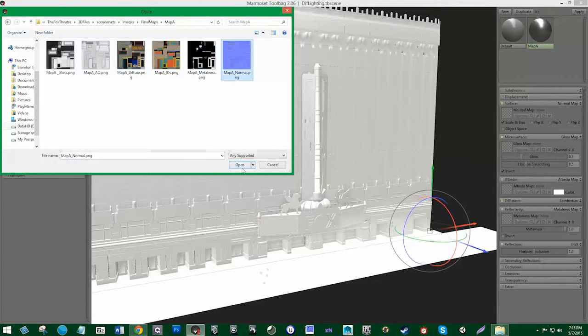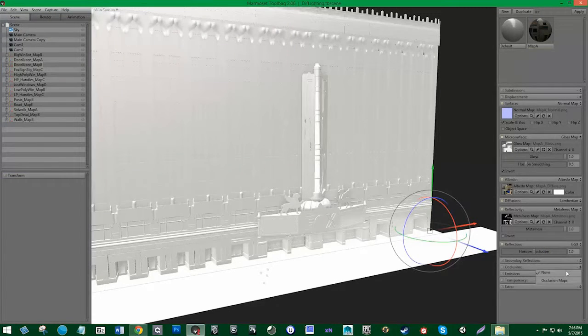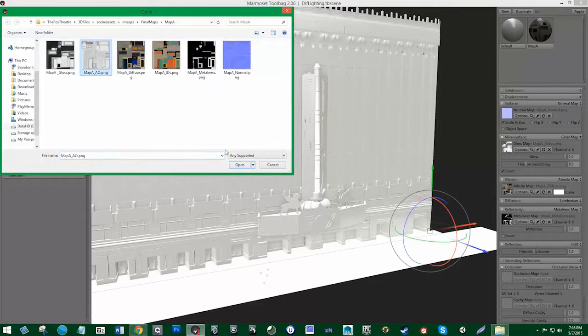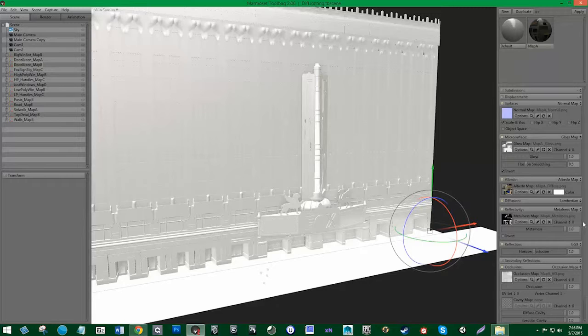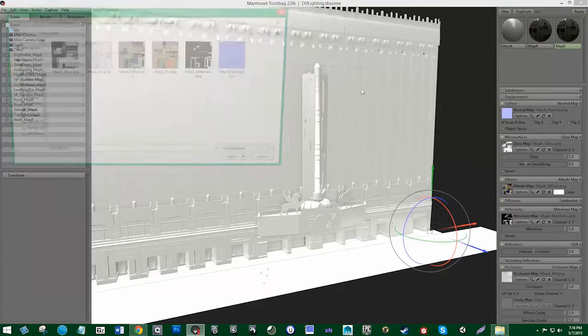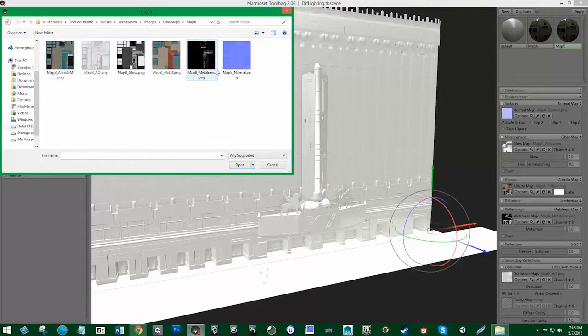And we're looking for our normal first. Then we have our gloss, albedo, which I'm calling diffuse, metalness. We actually have an extra occlusion map that we made. And then we also have map ID, but we don't need that right now. And then for emissive, we have an emissive, but that's not mandatory for this map. So I'm just going to invert the gloss and duplicate it. We're going to call this one map B and grab our maps. So we'll go to map B, and we want our normal first, and then our gloss,